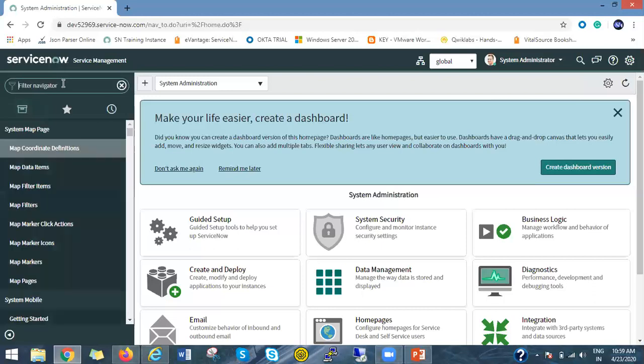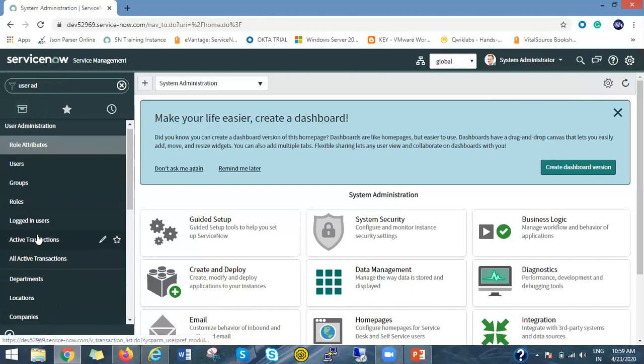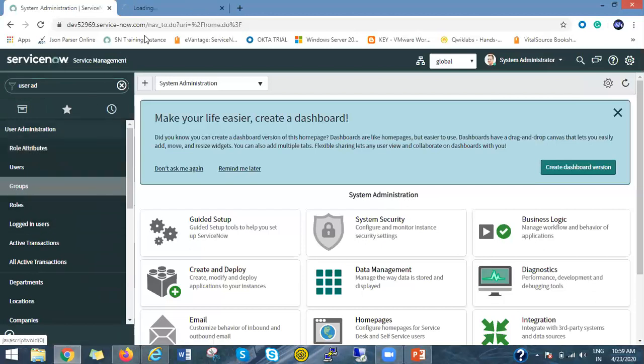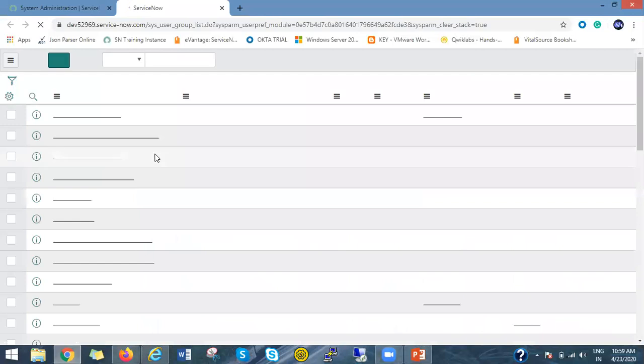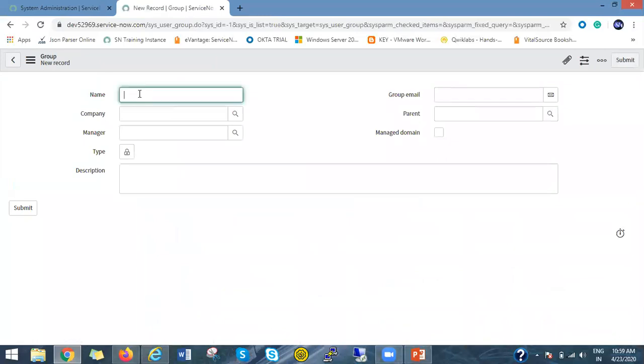For that I will open User Administration, and this is the Group module. I'm creating one new group. Its name will be technician group.